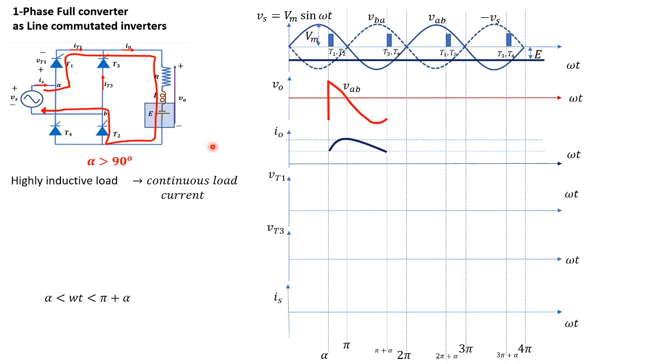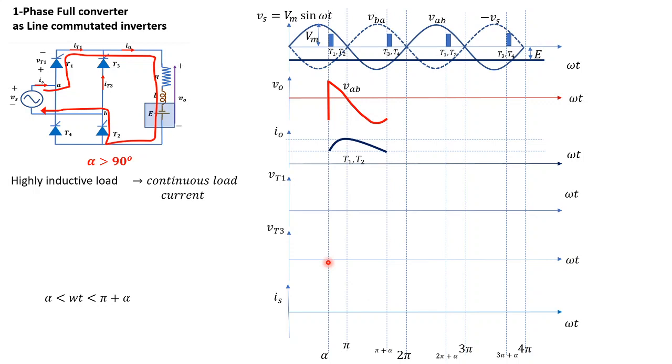Now similarly, the load current: you can see that the load is inductive in nature. As long as you apply positive voltage, the load current would rise, and if you apply negative voltage, the load current would fall this way. Let me assume that the load current is varying between Imin and Imax respectively. So this is the maximum value and this is the minimum value. At omega t equal to alpha it is minimum, and somewhere it reaches the maximum, and then falls back to the minimum at pi plus alpha.